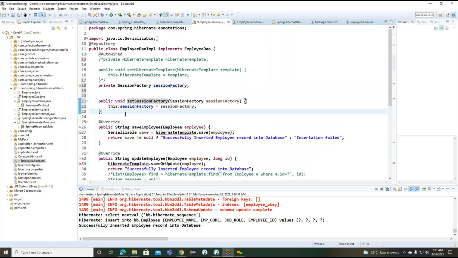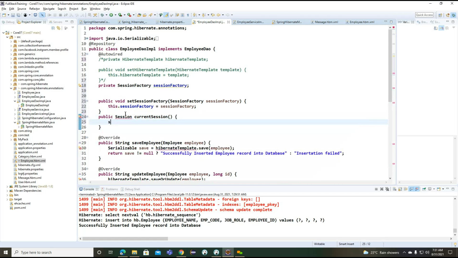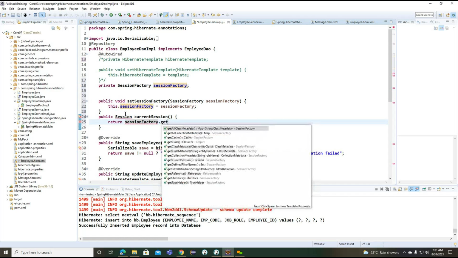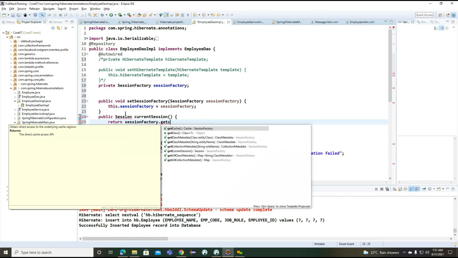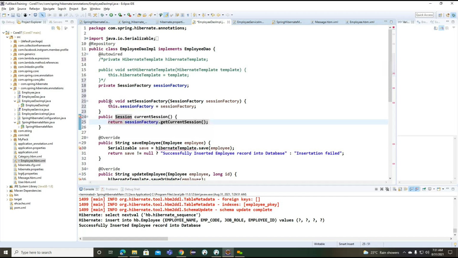So the setter method is implemented. SessionFactory.getCurrentSession.